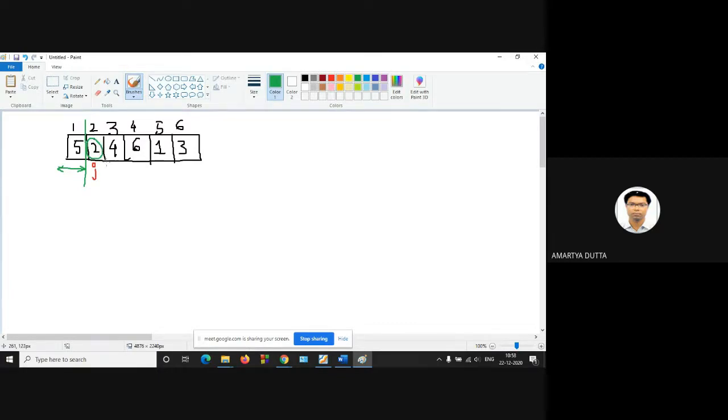You have to insert this 2 in the proper position of the sorted array. This is the insertion sort. So that is the comparison: you have to compare the inserted element to every element in the sorted sequence on the left side of J.